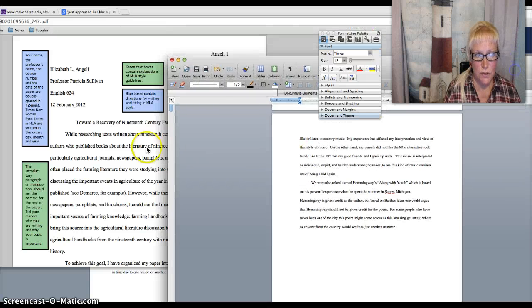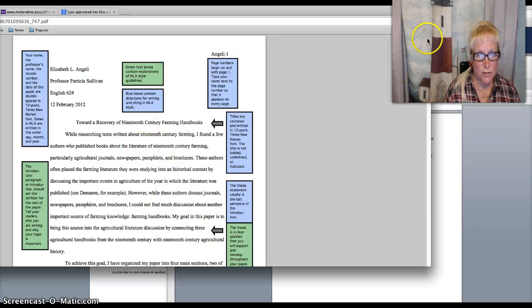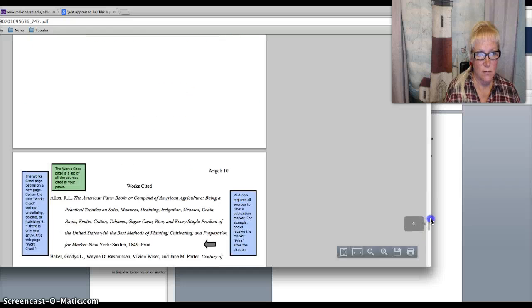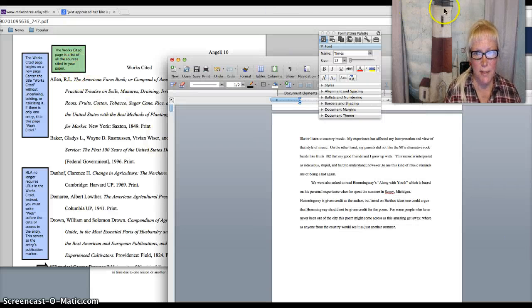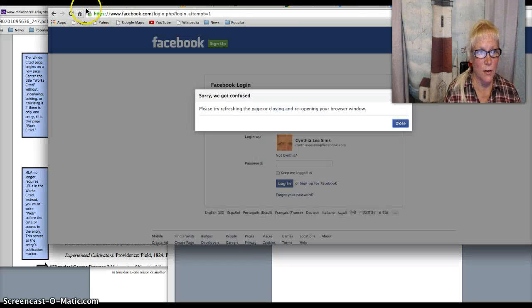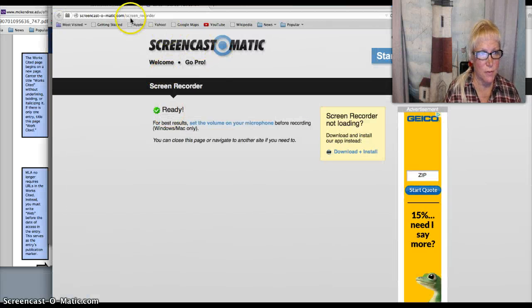So when I go to this citation page, there's a works cited page, and they're hanging indent. So this is all the sources that are cited in your paper. So what should be cited in your paper? Well, if I look back on what I requested of you